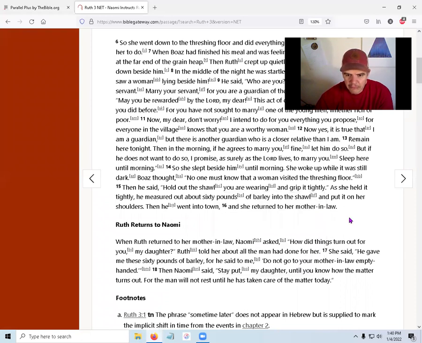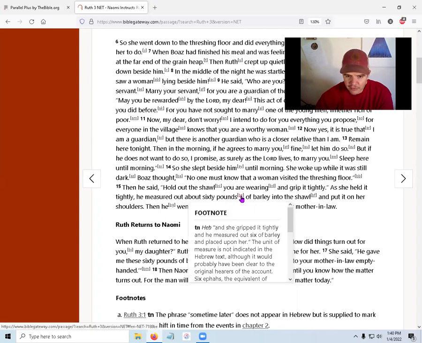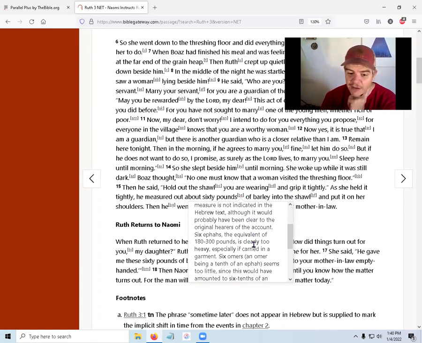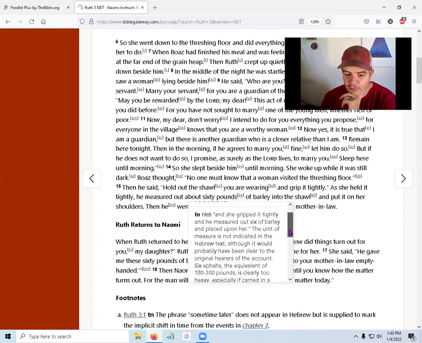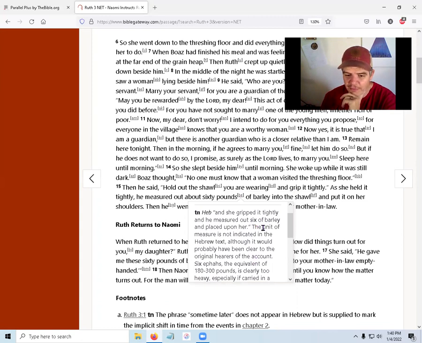Okay. You are wearing, which is upon you. She gripped it tightly, about 60 pounds. He measured out 6 of barley and placed it on her. Okay, so that's why we're not sure. The literal rendition would be 6 of barley. The unit of measure is not indicated in the Hebrew text. It's not even there. It doesn't even say ephah or quart. It doesn't even say what it is,